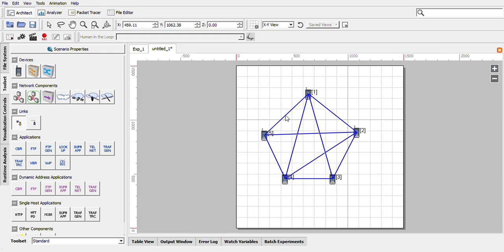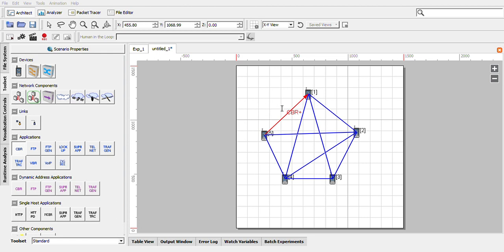Once you complete the mesh topology, as I said, the order does not matter. Either you can run an application first, like I will run an application from 5 to 4. Then I can do the configuration of the application here itself, like the number of packets to infinite, and let the simulation time be 5500 seconds.